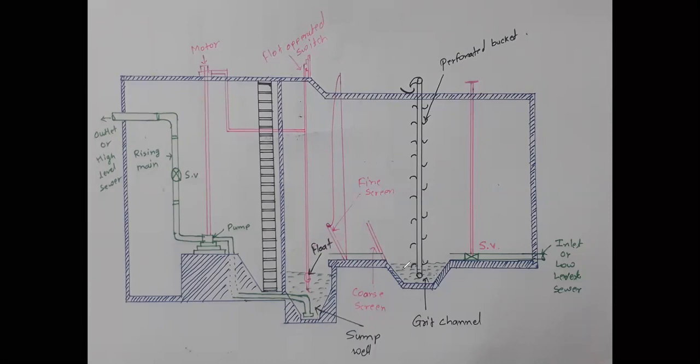Okay, this is a grit chamber, hopper bottom. Why a hopper bottom? Because these are the grit particles, easily settled and collected at the center. Once collected here, perforated buckets moving continuously in this direction will collect the entire particles settling here with each movement, and will go on moving and fall down here in this bucket. This way we can continuously remove whatever grit particles are being collected in this grit chamber.